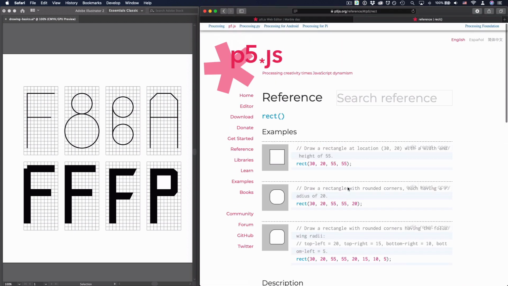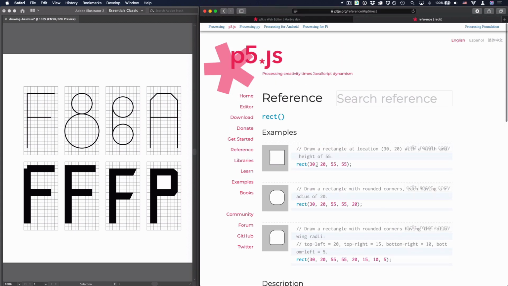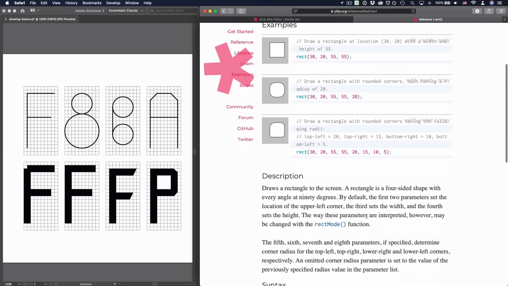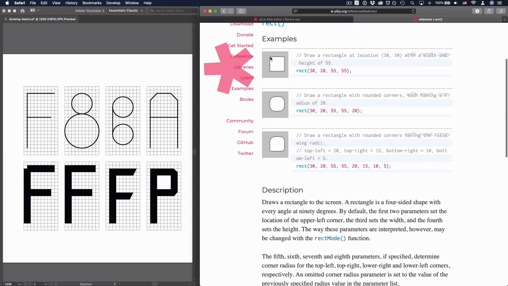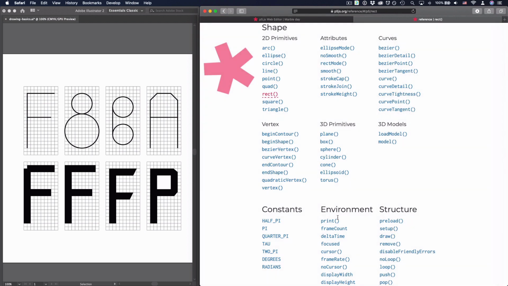And if you go to rect, for instance, we learn how to use this X, Y, and width and height. But you can also create these rounded corners. We haven't talked about this. And you can even control different roundness for each corner as well. So there are some other things you can learn from and rectMode as well. Remember that rect is drawn from top left corner, but you can also draw rect from the center, just like ellipse, by changing rectMode. Same thing with ellipse. Ellipse has ellipseMode, where you can draw ellipse from the corner instead of drawing from the center. And there's like strokeJoin and